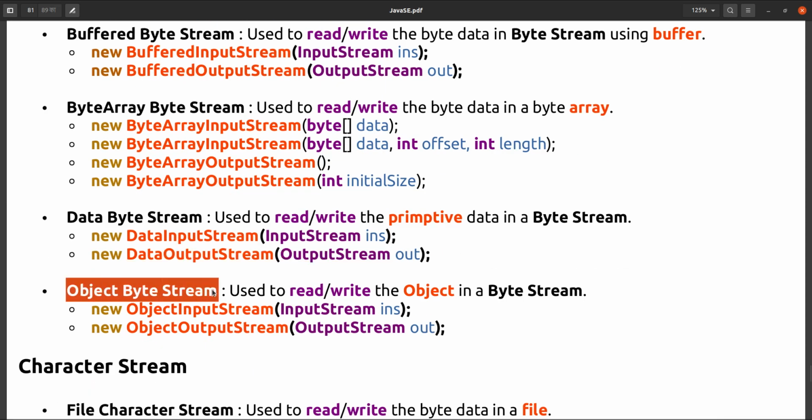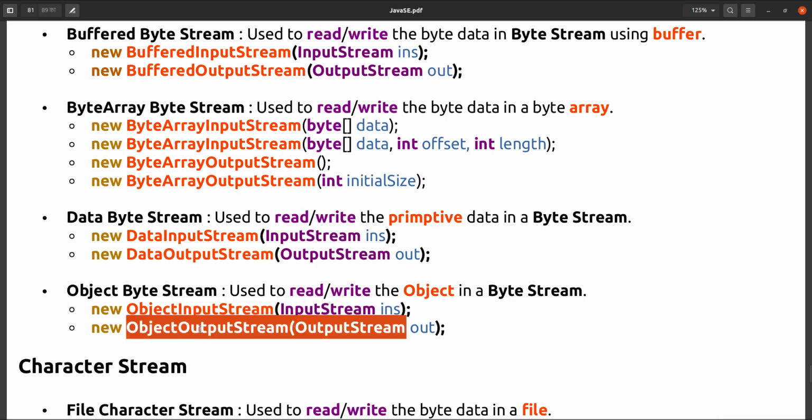Next one is object byte stream. What is object input stream and object output stream?